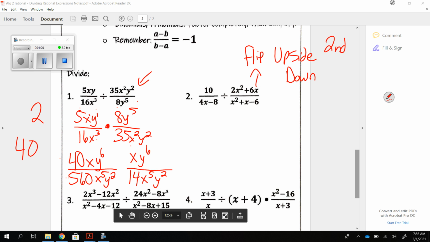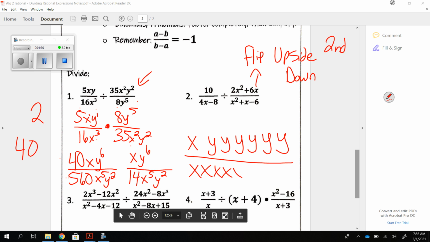How do we do that? Again, when we simplify exponents and variables, this is how we do it. Let's just write it out. X, and y six times, over what's on the bottom, 5 x's and 2 y's. All right? And remember, if there's one matched at the top, they cancel out. So that cancels with that. And then these 2 y's cancel with these 2 y's. So what are we left with? On the top, we have y to the 4th over